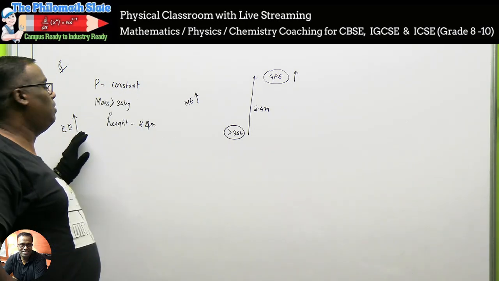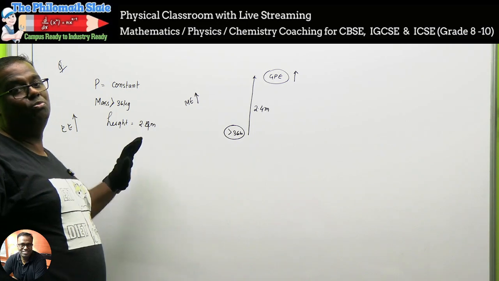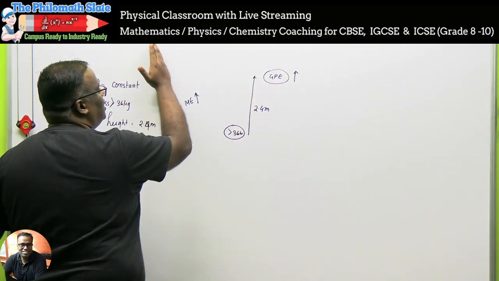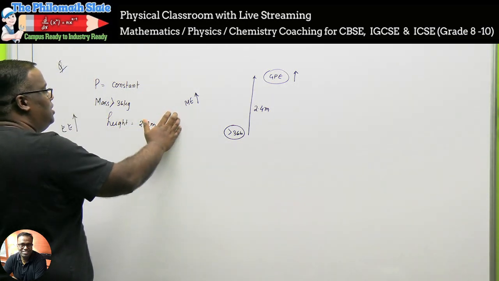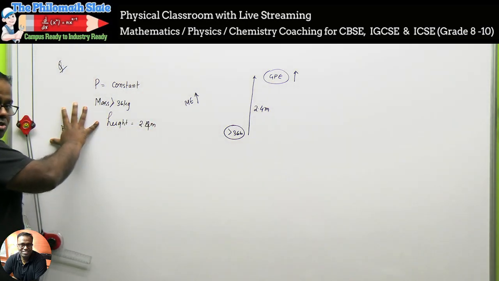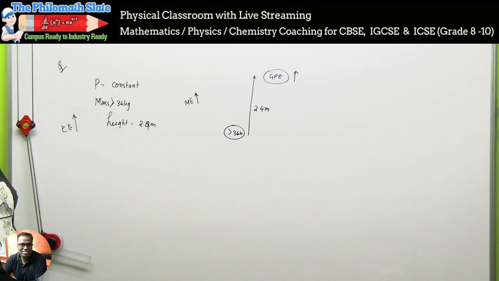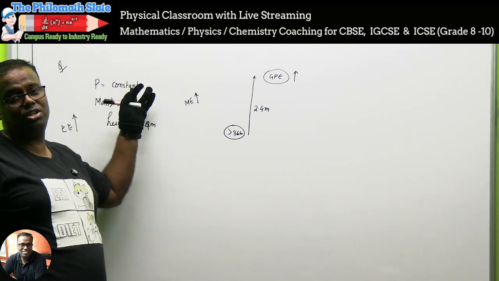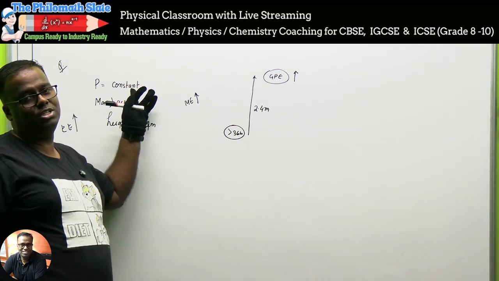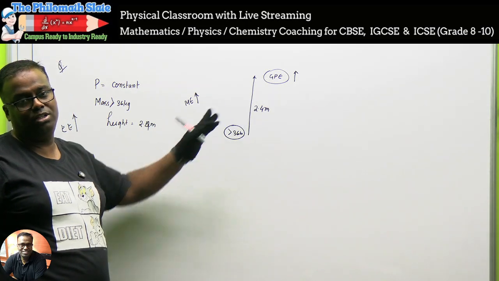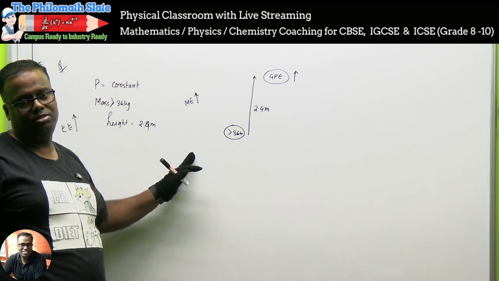Now they say that the power is constant. You can't draw more power. See, in this case, if the GPE goes up, the mechanical energy demand goes up. If the mechanical energy demand goes up, the electrical energy demand goes up. If the electrical energy demand goes up, then your input power demand also goes up. But the question has put a restriction that input power is constant. So what will happen? It will be difficult to lift it. The motor will burn out.